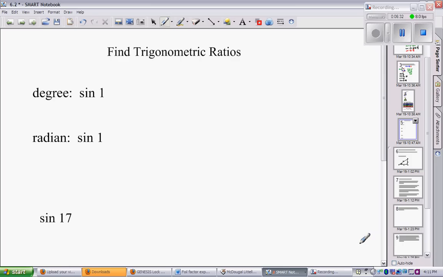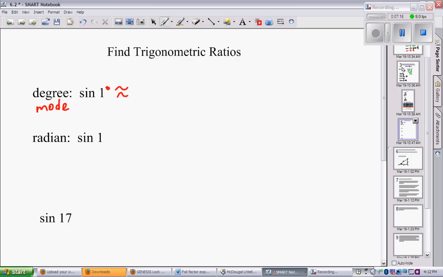Okay, so when we want to find trigonometric ratios, you're either going to be given it in degrees or radians, and it matters which one they give it to you in because you have to plug it into your calculator correctly. So if we're given the sine of 1 and it's 1 degree, you have to make sure your calculator is in degree mode. If you don't know how to change it or check, please let me know in class and we can go over that together. So you just plug in sine of 1,